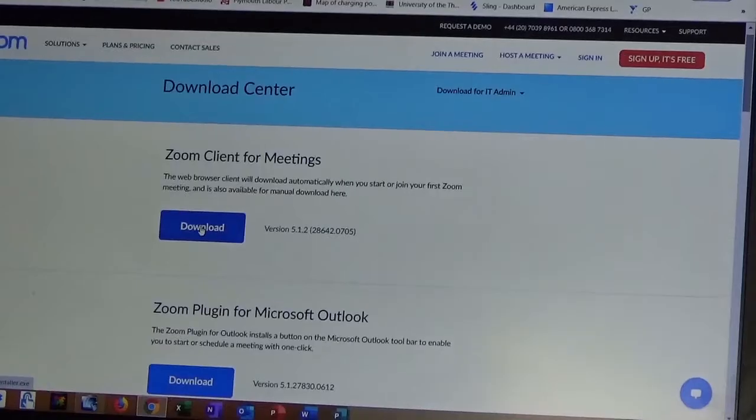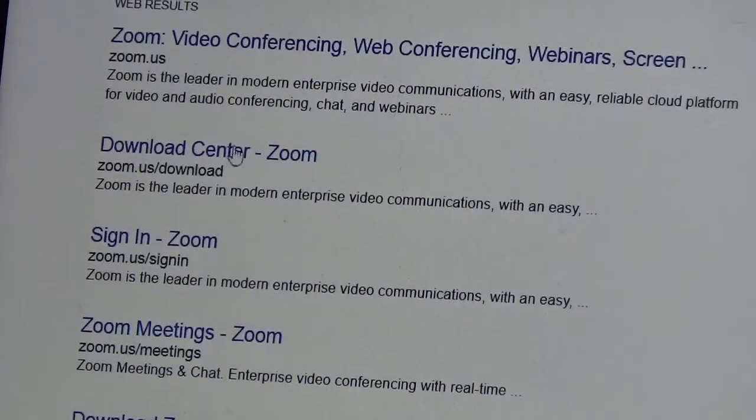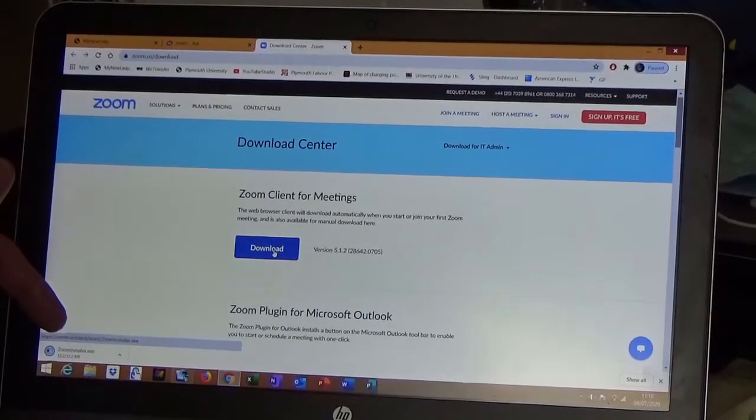And there we are, we've got Zoom video conferencing with zoom.us, and the second one down is the download center, so Zoom US download, and I'm going to click on that, and that'll take us in to the option to download a copy of Zoom. Just go for loading it from a Zoom client, so that's what we're going to do. Right, if I close that, and I click on download center, and click on that,